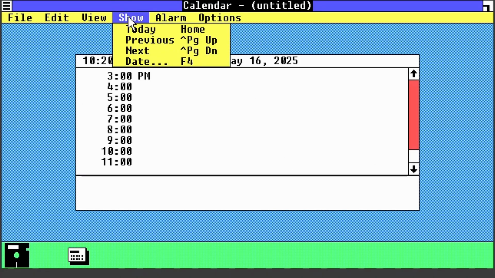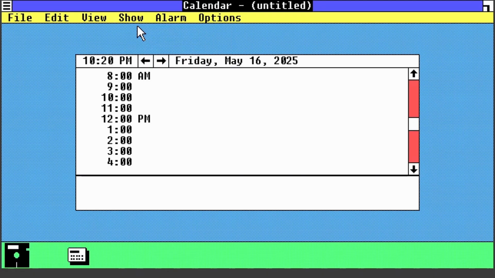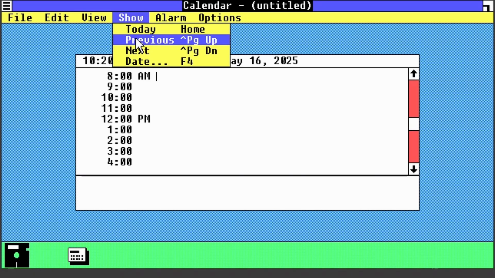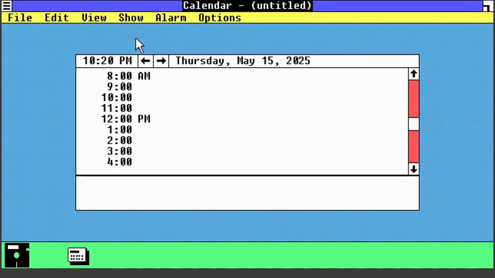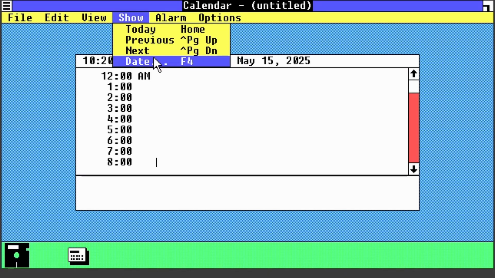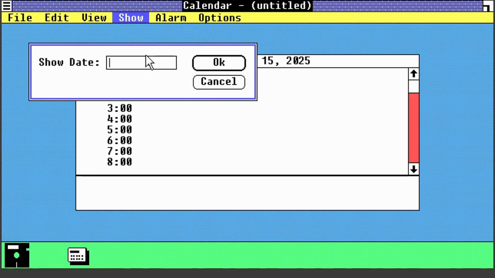Okay, so show today, previous. If I do today, it shows today. So previous, okay, page up and down. We can do page up, page down. Okay, it scrolls like in the page. If I do page up, we can do date, show date. Okay, let's do